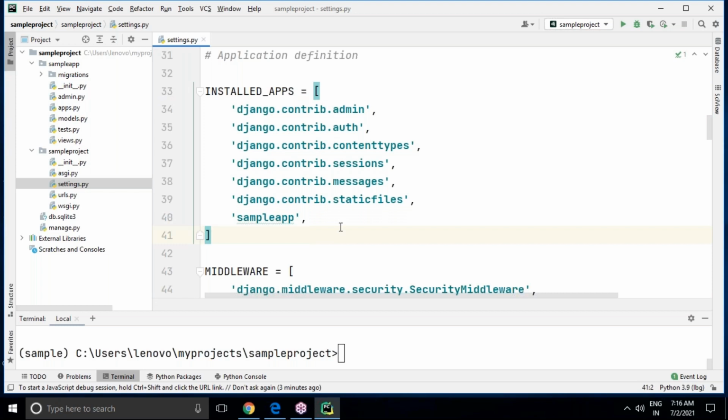Actually we are running the server, but the server is not going to display anything. If you want to display something to the user, like a message, how to do that? You have to write some code under views.py. Notice that here the sample app has views.py. A view is Python programming code, so you can write Python script under views.